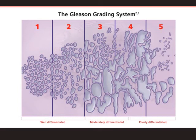The system is based on the pattern that the cancer makes under the microscope. Essentially, there are 5 patterns, as seen on this diagram, where they are arranged in order of increasing aggressiveness from 1 to 5, 1 being the least aggressive and 5 being the most aggressive pattern. To get a Gleason score, we take the 2 most common patterns seen on the biopsy and add them together. So, for example,